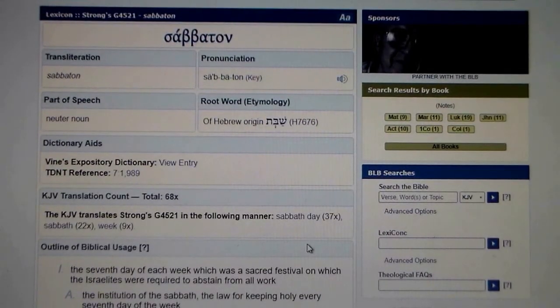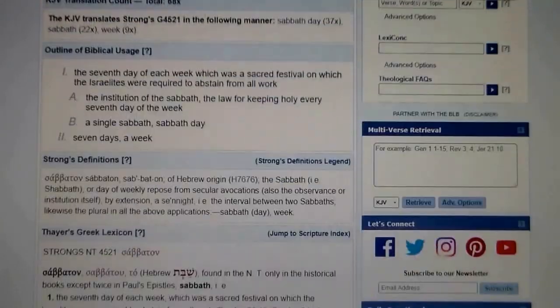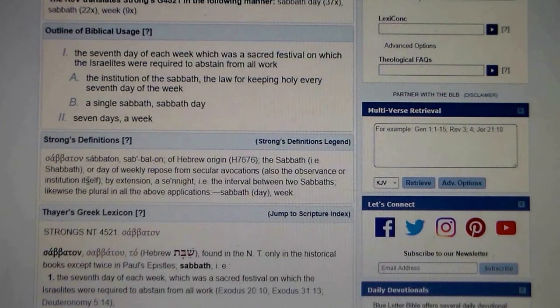And here in the Greek is the word Sabbaton. And of course it means the Sabbath or Shabbat, or a day a week, a weekly repose from secular avocations. Also the observance or institution itself, by extension, an interval between two Sabbaths. Likewise, a plural in all above applications, but it comes from the Hebrew